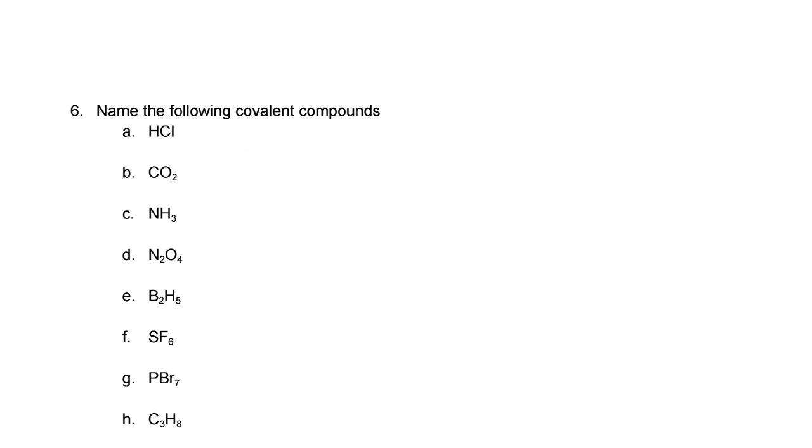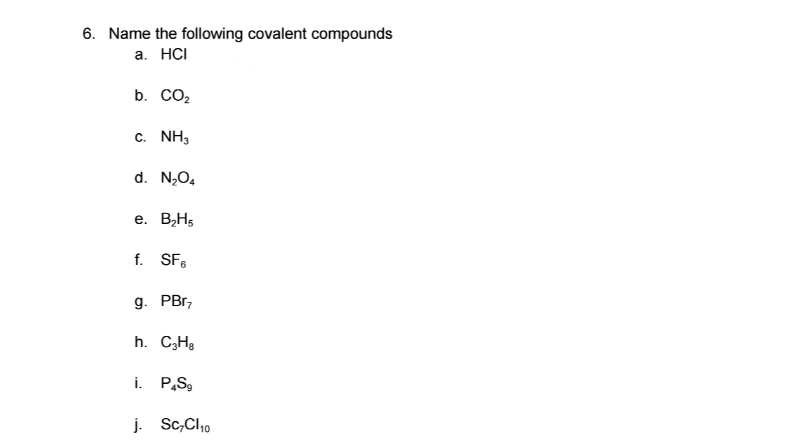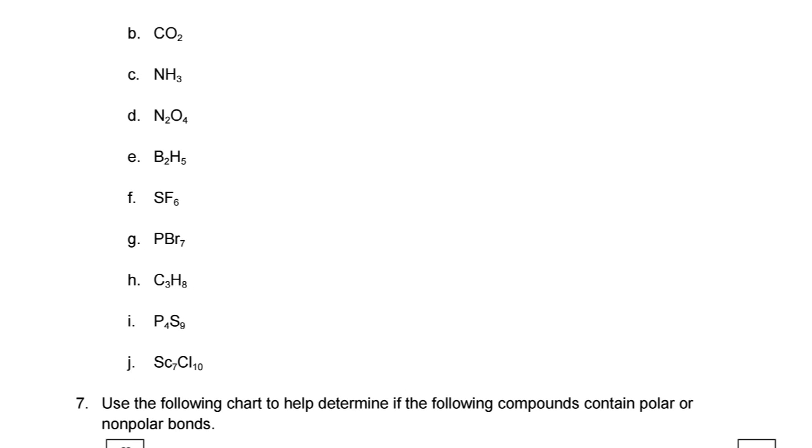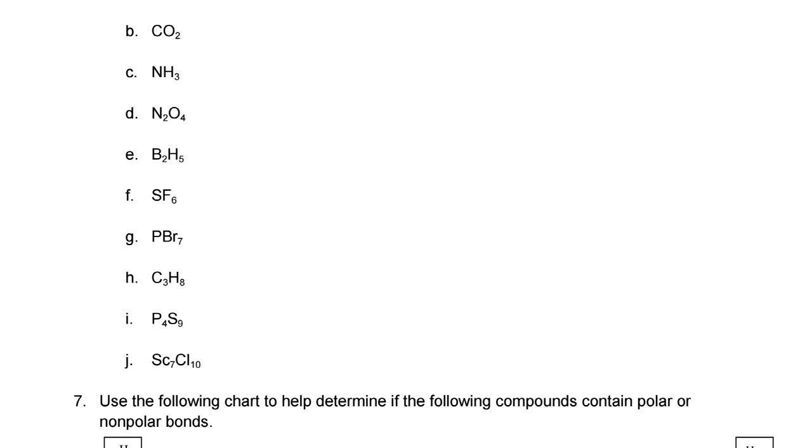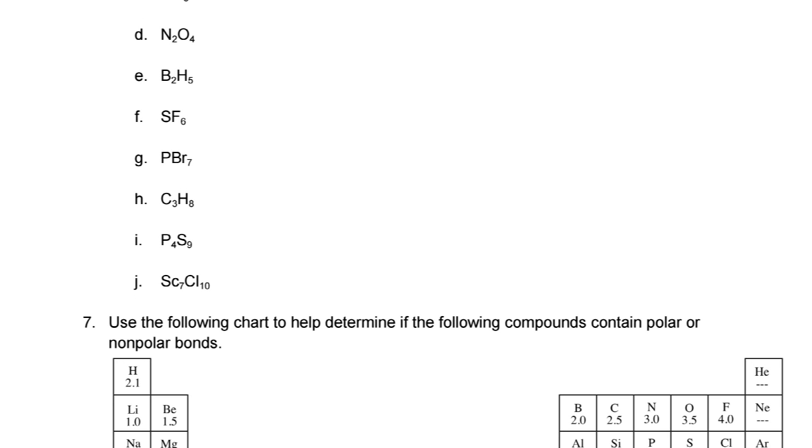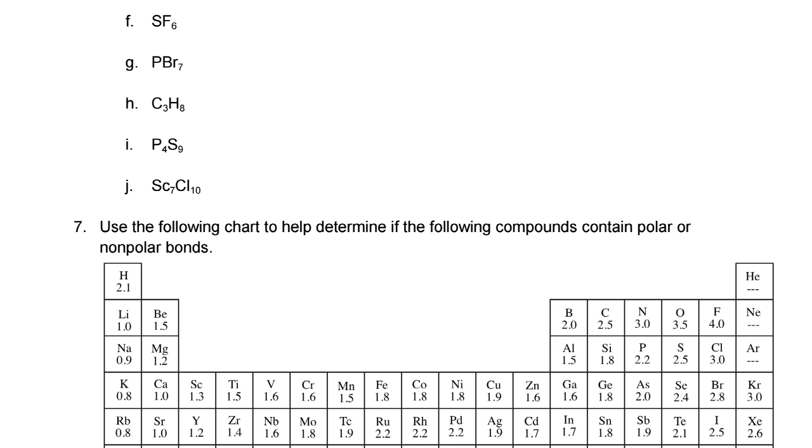All right, some more naming covalent compounds. I'll just do this one out loud to make it go a little bit faster. We have hydrogen monochloride, carbon dioxide, nitrogen trihydride, dinitrogen tetraoxide, diboron pentahydride, sulfur hexafluoride, phosphorus heptabromide, tricarbon hexahydride,